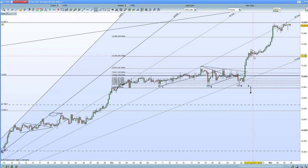I made a call during the week about this pattern that formed here, and I was looking for a price target to print. My first target was 13,366, or the 423 extension on that Fibonacci. As we can see, we got a hit, the price printed,